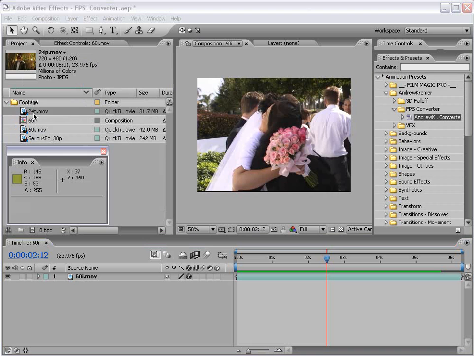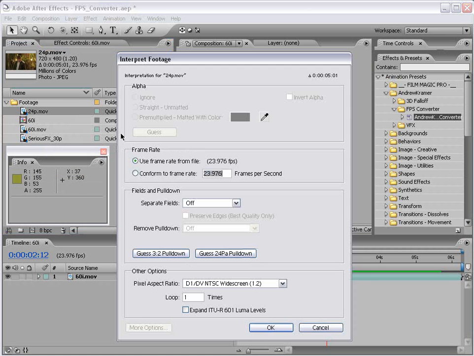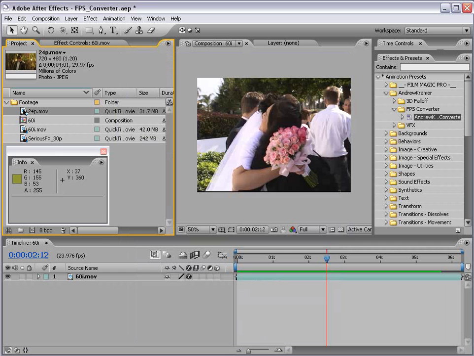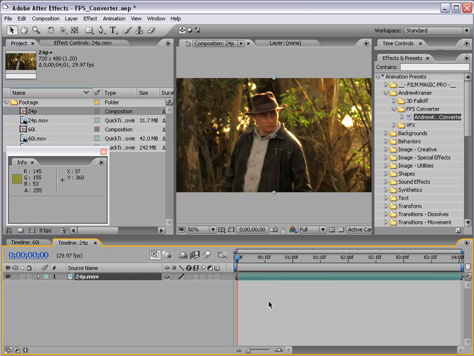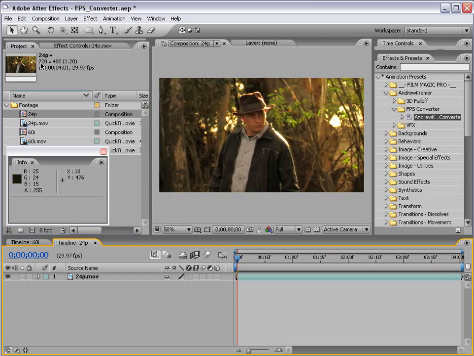So here we have some 24p footage, and I want to convert this to say 30 frames per second. So again, right-click, Interpret Footage, Main, conform the frame rate to your target frame rate. In this case, 30 frames per second, or if we want to be technical, 29.97. In this case, there are no fields, so we're going to leave it set to Off, and I'm going to choose OK. Then I'm going to drag this into the Make New Comp button, and we've created a comp with the frame rate of the footage as it is interpreted, in this case 29.97,